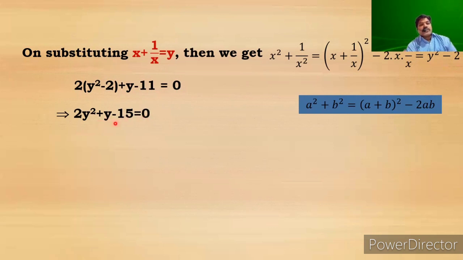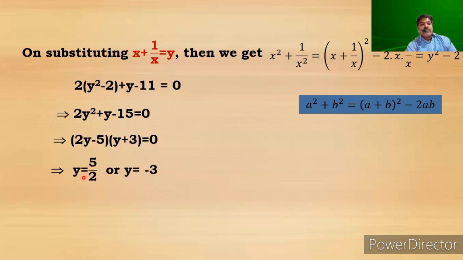So take the factorization here. 2y square minus 5 is minus 30y square. So you have to split this y like that. So I will take the factorization here. That is 2y minus 5 into y plus 3 is equal to 0. So a into b is equal to 0. You can take a is equal to 0 or b is equal to 0. If a is equal to 0, then y will become 5 by 2. If this term is 0, y is equal to minus 3.